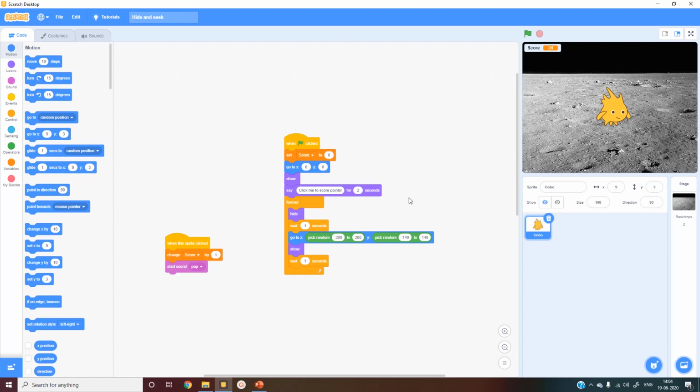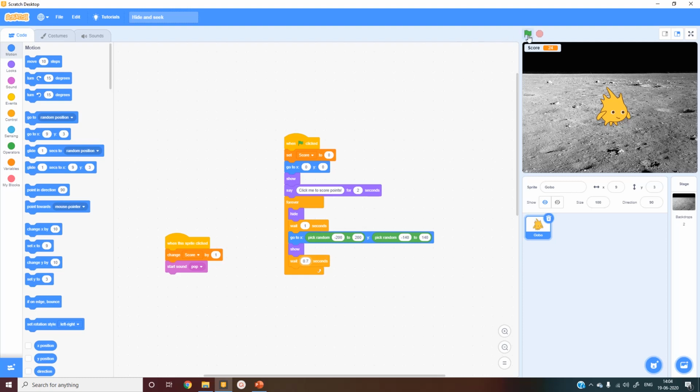Now, if you want to implement difficulty levels, how can you do that? First of all, you can reduce the time it will be appearing on the screen. Right now it is waiting for 1 second after showing itself. Let's say we reduce the time to 0.7 seconds.